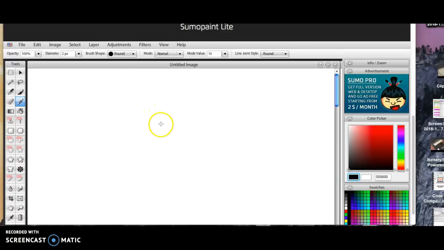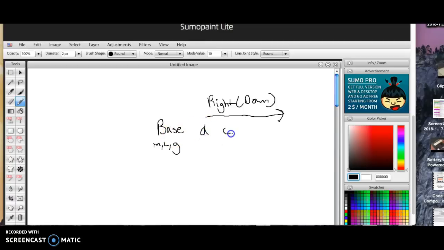So if I have base, which is meters, liters, and grams, to the right, which means I'm going to move my decimal to the right, or moving down, right and down are the same thing. Okay, so if I move down, I move to the right. If I move to the right, I move to the right, obviously. So to the right is going to be deci, centi, milli, micro, nano, pico. To the left, going up,